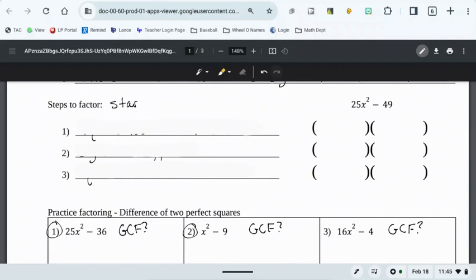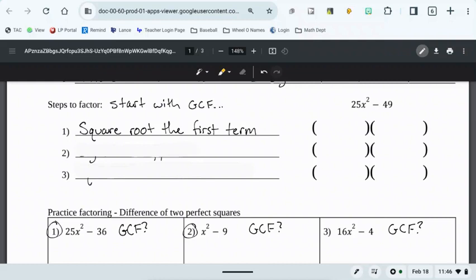So I'm just going to write that up here. Start with GCF. Okay, if we don't find a GCF, then we continue. If we do find a GCF, we factor out the GCF and then we continue. But there are new steps for